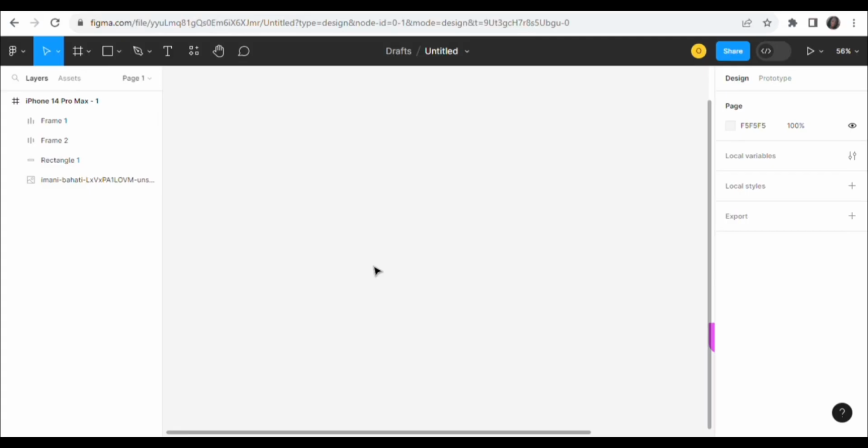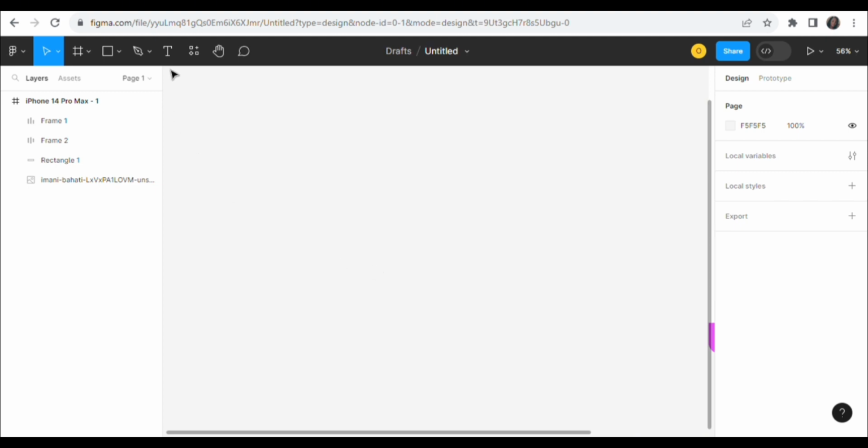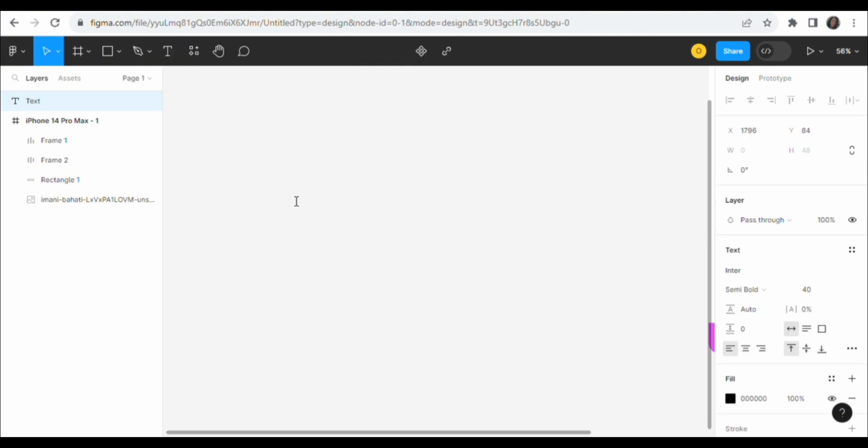Today we're going to be creating animated text on Figma. So let's get straight to it. So we're going to add in our text. This text, we're going to call it the fixed text for the purpose of this lesson. So we're adding our fixed text like our